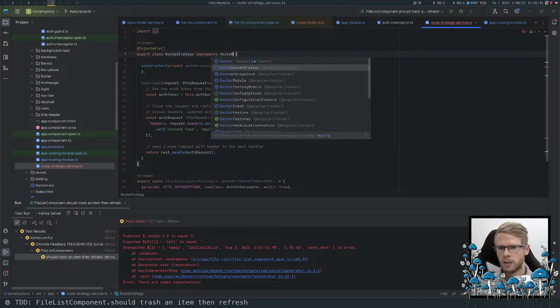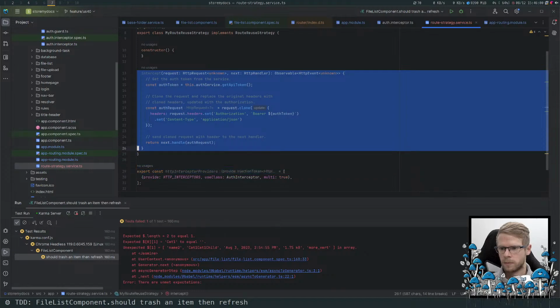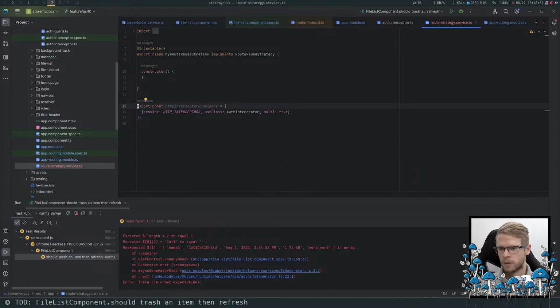It's RouteReuseStrategy. So I will name this MyRouteReuseStrategy. Yeah, and I will export routeReuseStrategyProvider